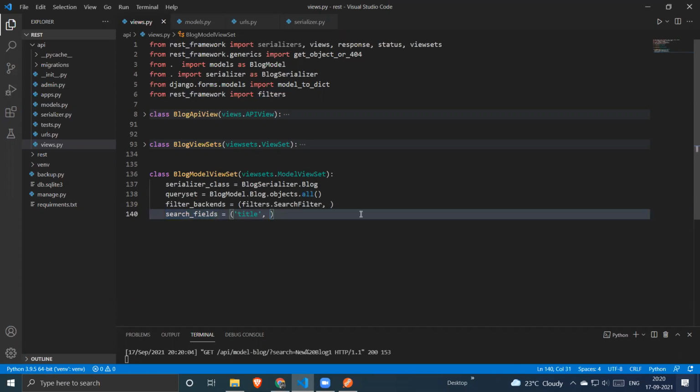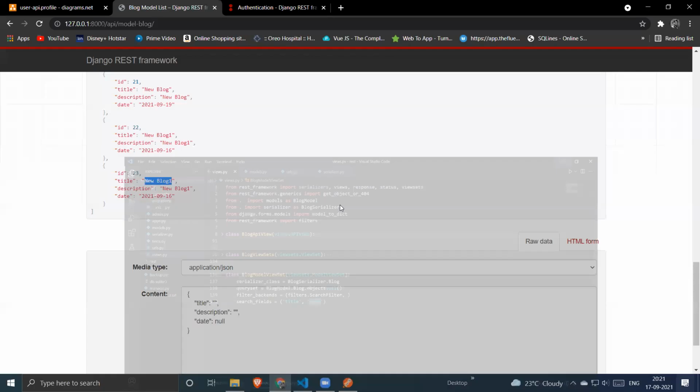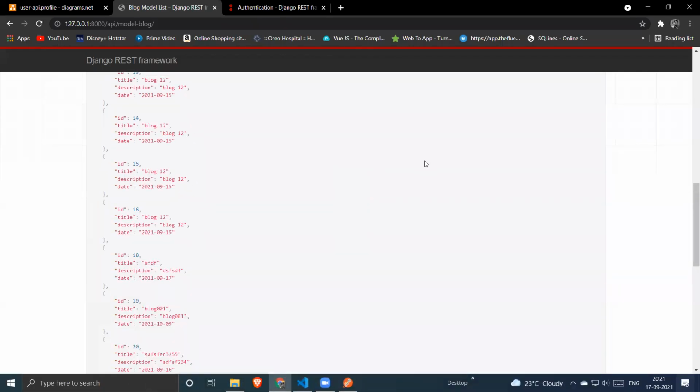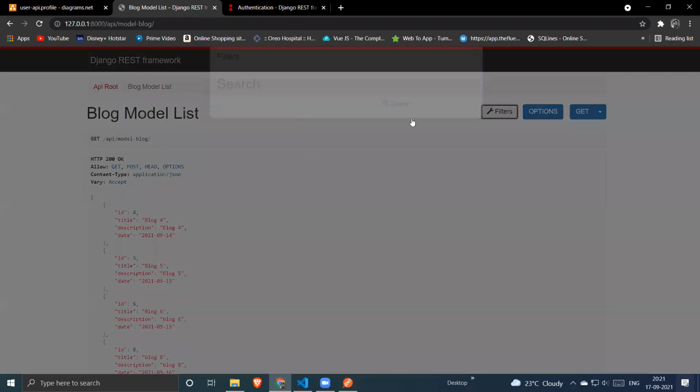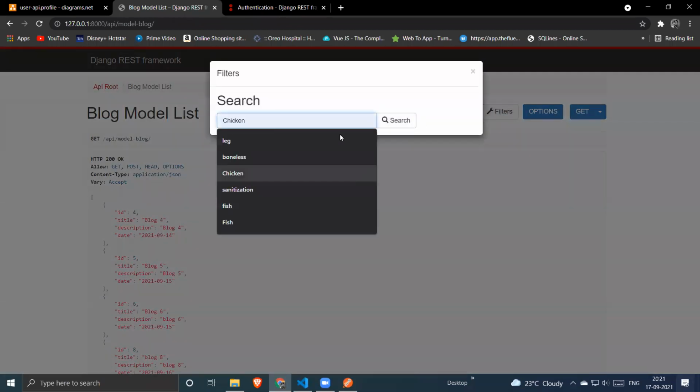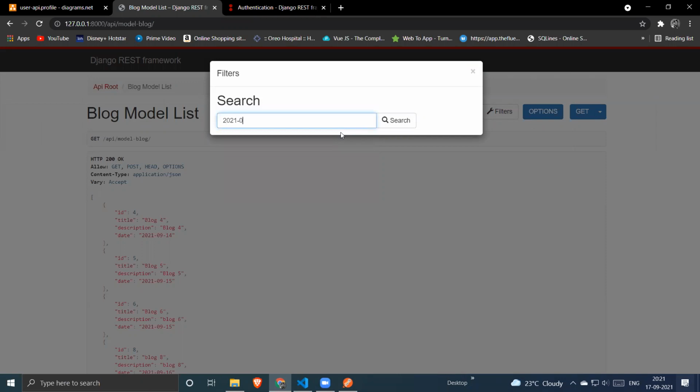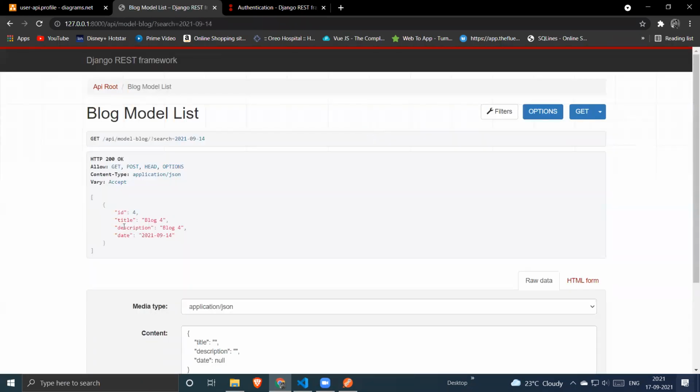Let's say if you want to search a date as well, I'll just pass the date. Let's go to our browser, hit the refresh button, open the filter, and search 2021-09-14. If I press search, you will see we got the value for 2021-09-14.